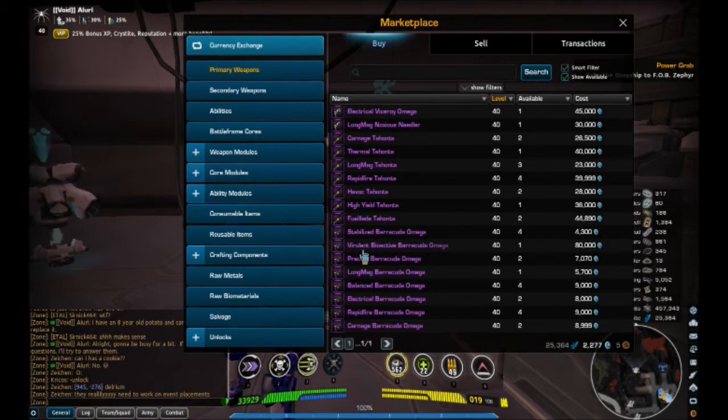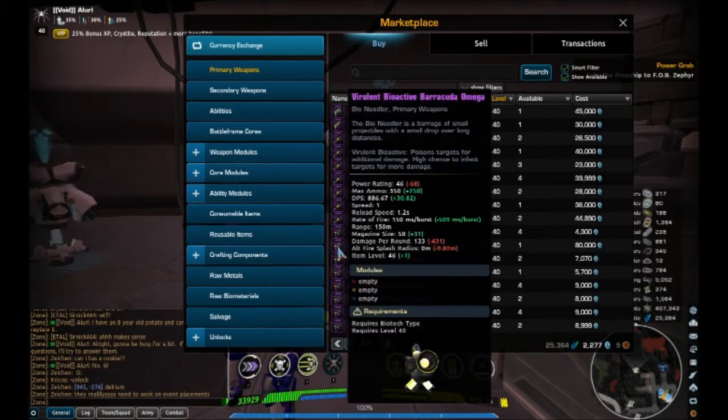Here is arguably the best prefix in the game, period. Not just for recluses, but period. Virulent Bioactive poisons a target for additional damage with a high chance to infect them with a dot. The reason why this makes this the best thing in the game is for perks. Now, perks are unlocked on each frame, including your basic frames. And the reason why this one weapon type is the best is for certain perks that are unlocked from your biotech and your recluse leveling. These boost your poison damage, they give snares onto poison abilities, and they cause your poison damaging main fire abilities and the initial splash damage of your alt fire on a bio crossbow to place a dot on the target,